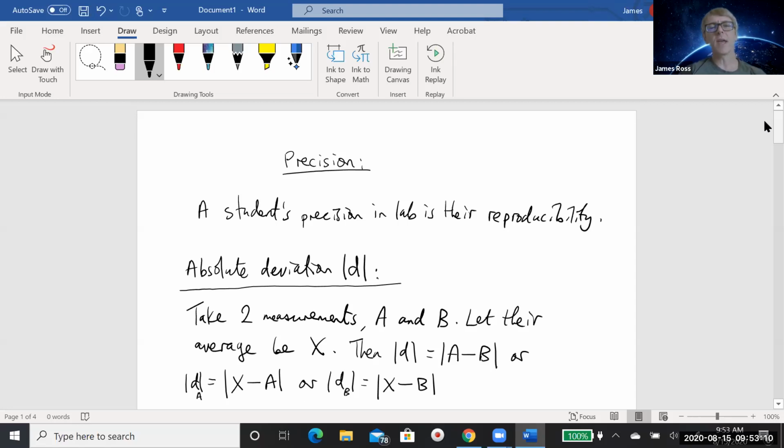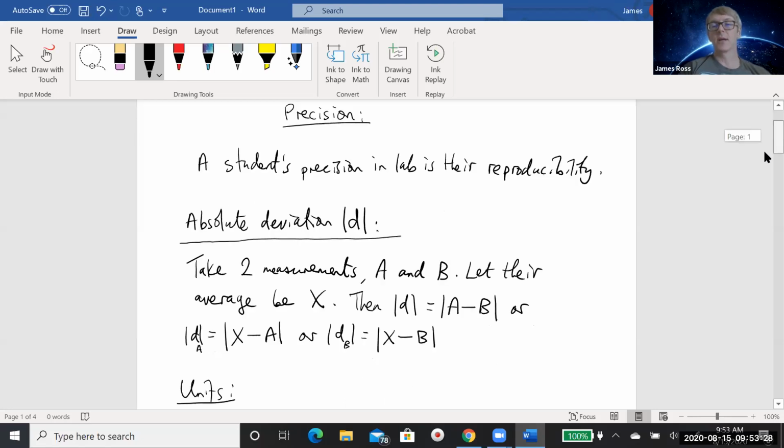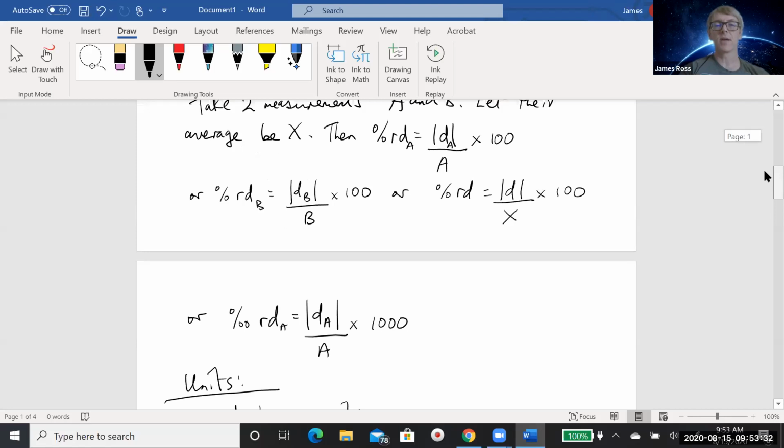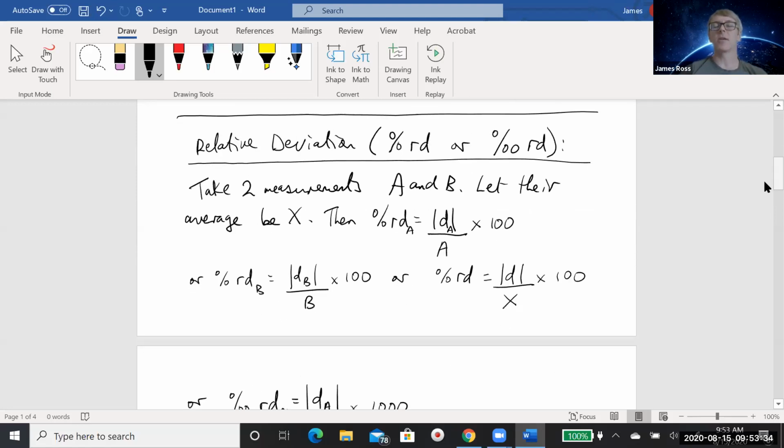Is a 1% deviation good? Is a 5% deviation in one circumstance better than a 0.5% deviation in another circumstance? There's no context in absolute deviation. In contrast, if you look at the relative deviation, it adds the context relative to what